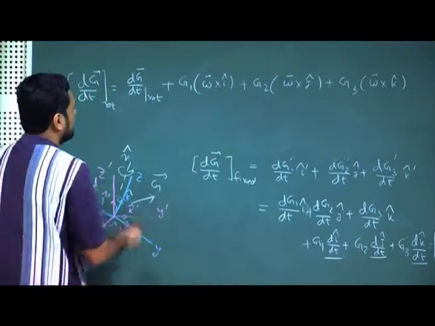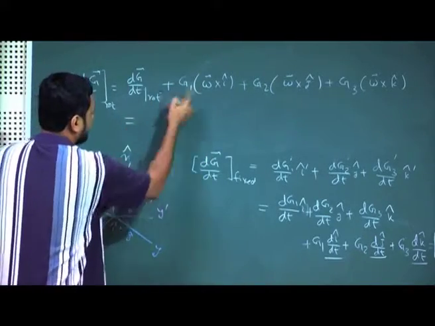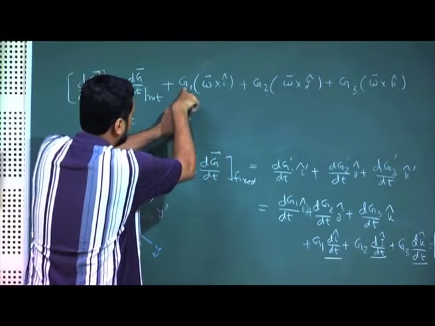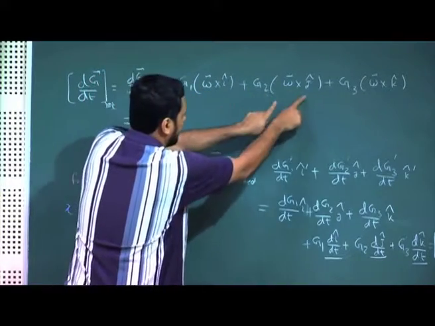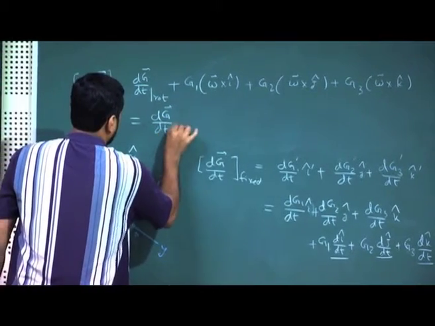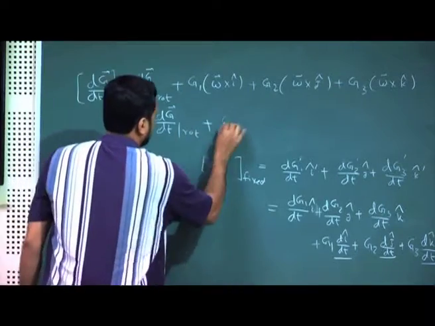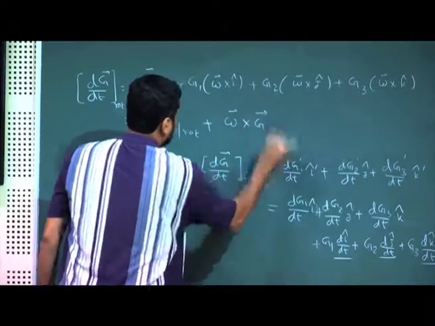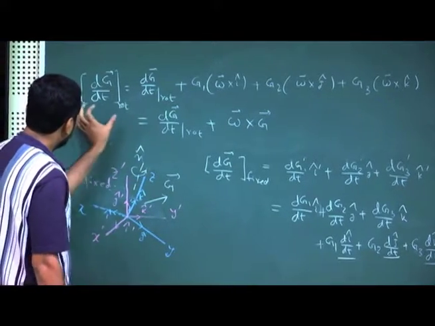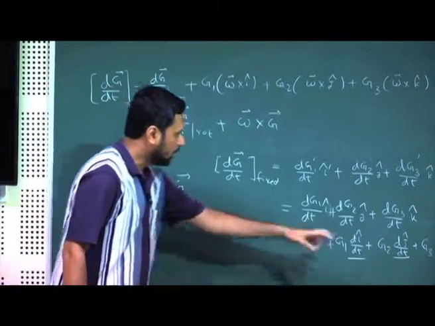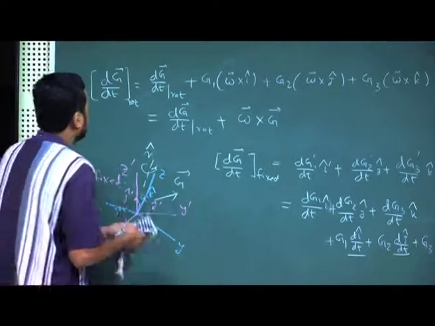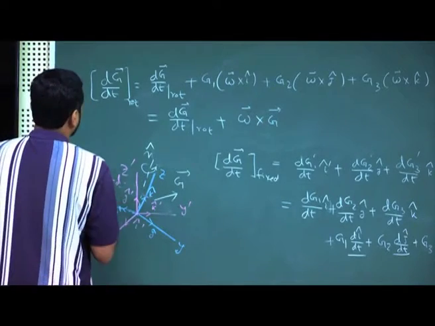Okay. So, if we rearrange it a little more, we take omega cross out from each of these and write omega cross (g1 i cap plus g2 j cap plus g3 k cap), then what we get is dg/dt rot plus omega cross g, right. And now for the left hand side, dg/dt, the time derivative with respect to the fixed frame, is equivalent of writing